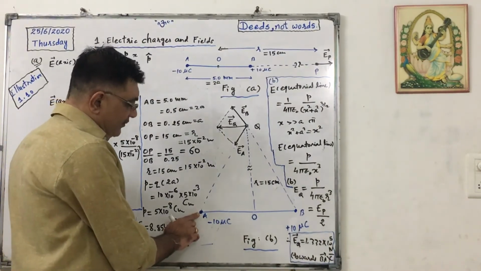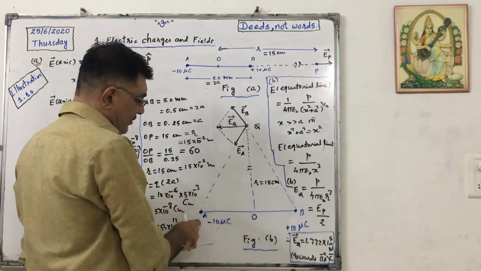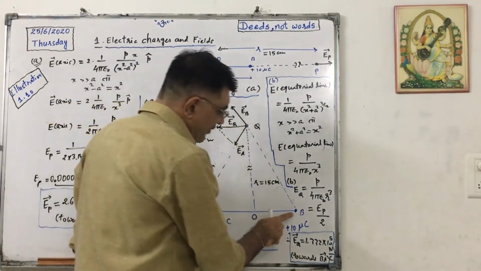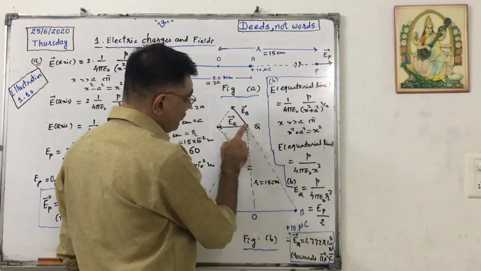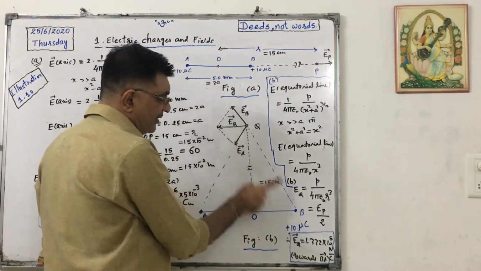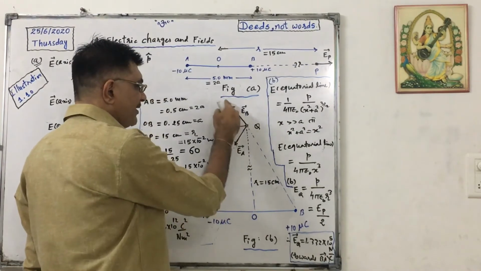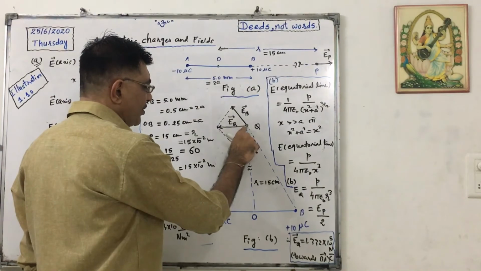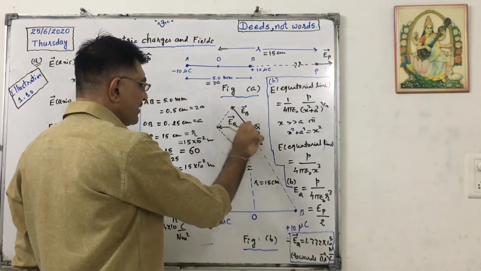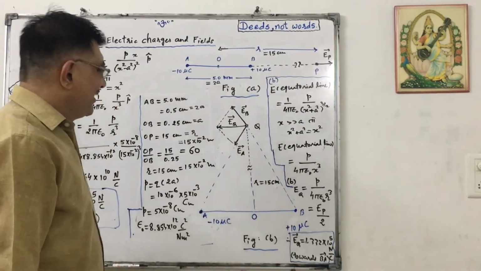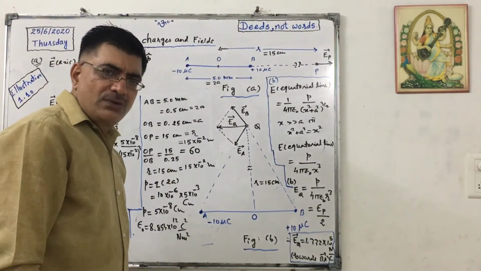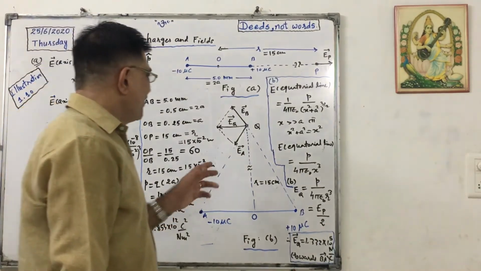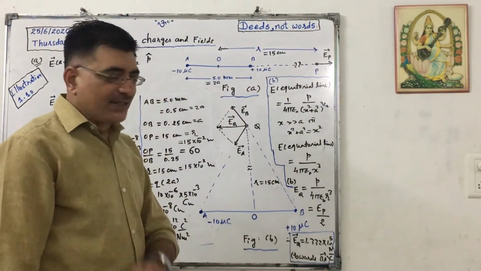See, this negative charge will attract positive charge. So electric field due to A here will be this vector EA, and electric field due to B will be, because if I put here a unit positive charge to find electric field, this will offer repulsive force, so vector EB is in this direction. So according to the parallelogram method, the resultant vector EQ will be in this direction. And in theory also we learned that it is the minus p direction. So that direction we will add afterwards.